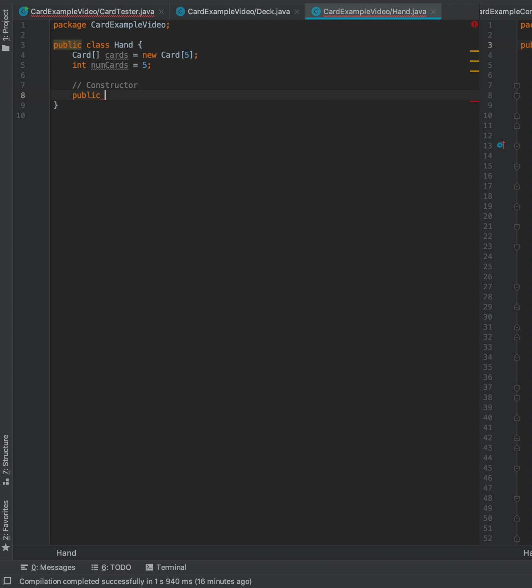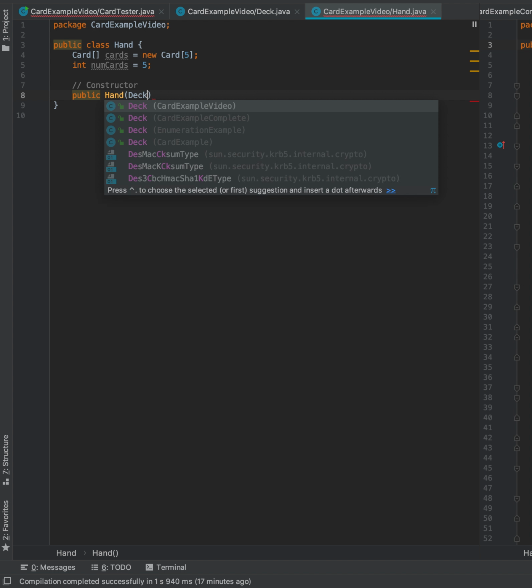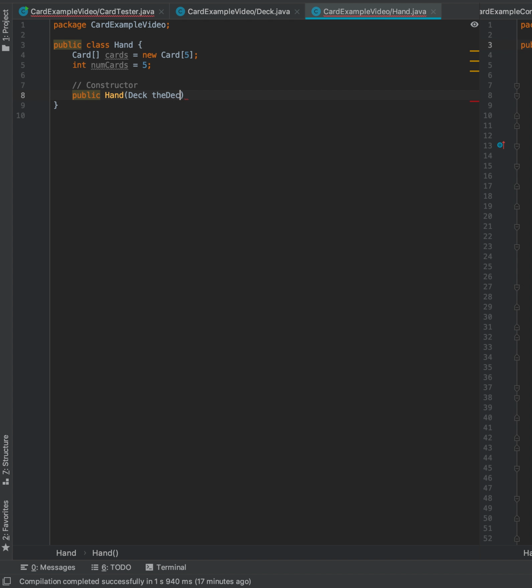So to create a constructor, you say public Hand, and then I'm going to have it pass in the deck. So a deck object is going to be passed in, and remember the deck has all 52 cards, and it has the ability to deal the cards. So what I'm going to do is say for int i equals 0, i is less than the number of cards, i++,